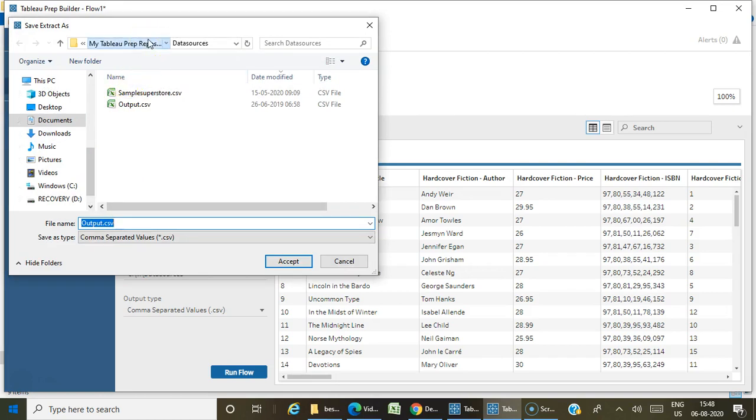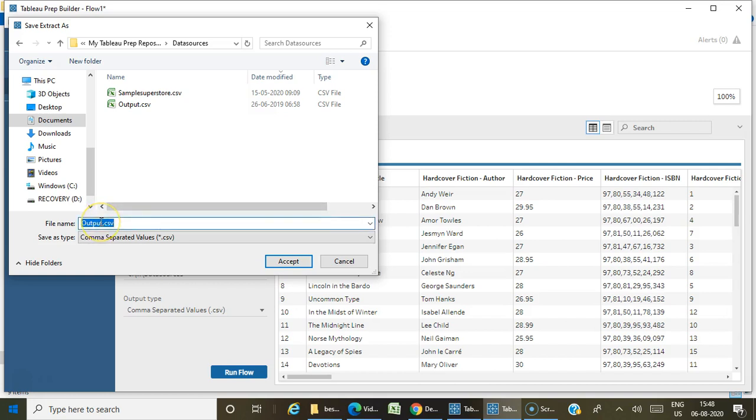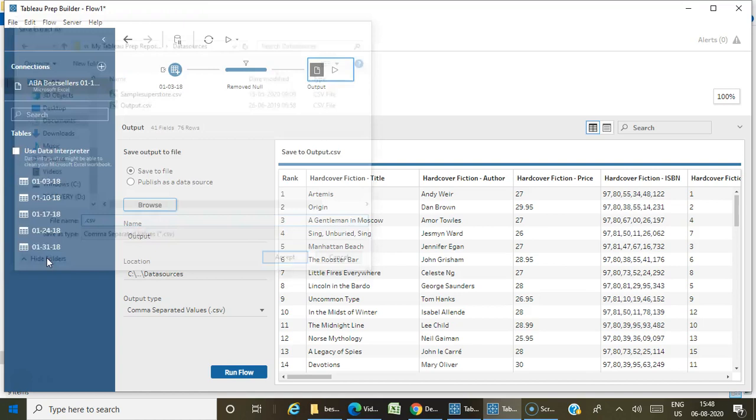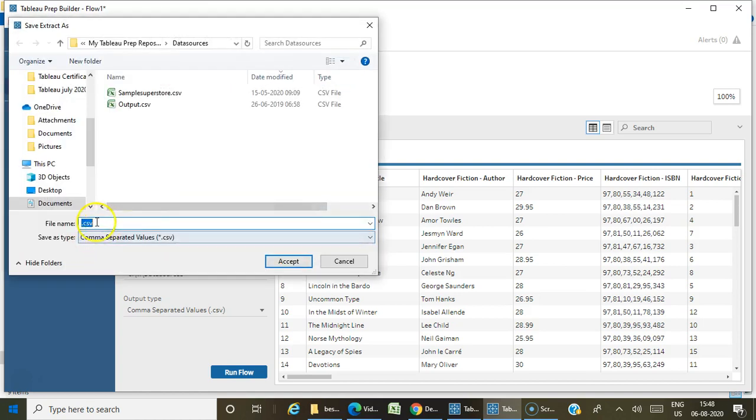By default it gets saved in your Tableau repository, which resides in your documents folder. Inside that, data sources. So I'm going to rename this as bestseller 2018 and give accept.